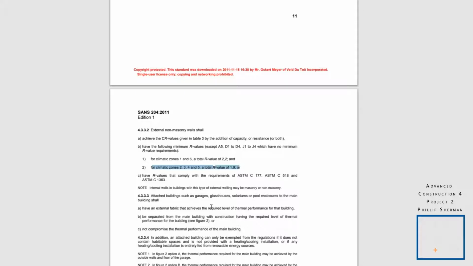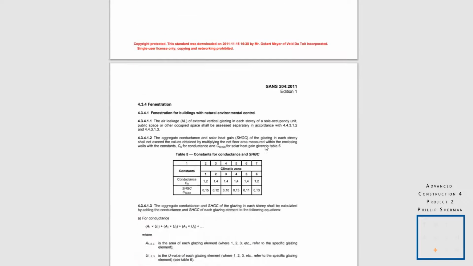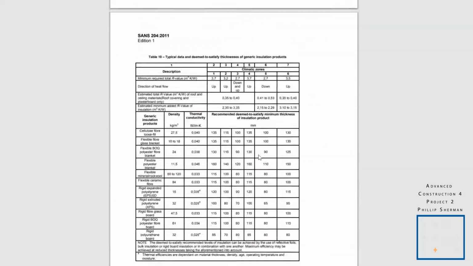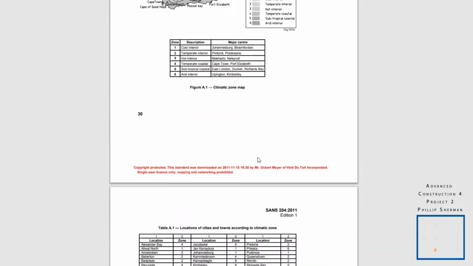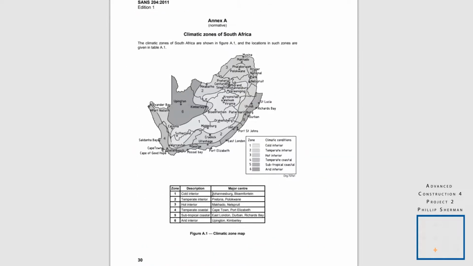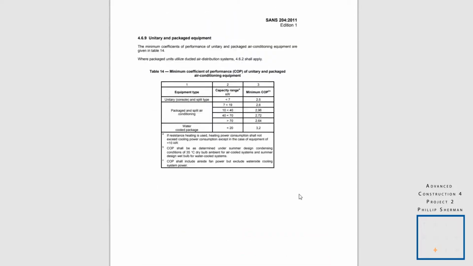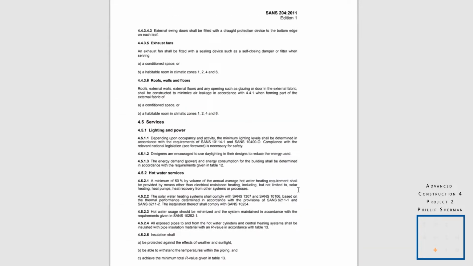Right, so identifying this, I was in climatic zone 1. So I'm in climatic zone 1. If you believe you are in climatic zone 1, or if you believe you're in another climatic zone, you need to remember what your associated number for your zone is. So I'm 1, so if we had to go back,